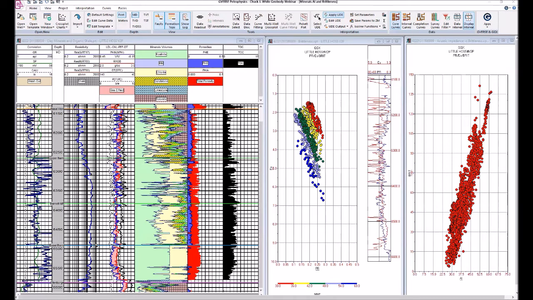We're looking at the Barnett Shale in GVERSE Petrophysics. The orange marker up here is the basal Atoka. The darker blue marker here is the upper Barnett. The light green marker here is the maximum flooding surface in the Barnett. The dark blue down here is the basal Barnett, and then down in here the purple marker, that's the top